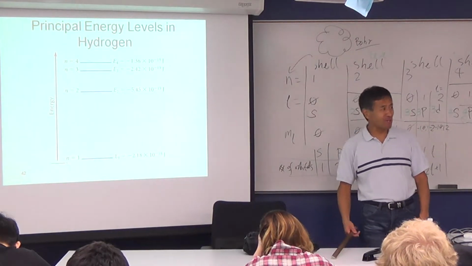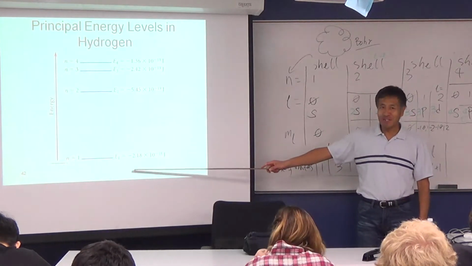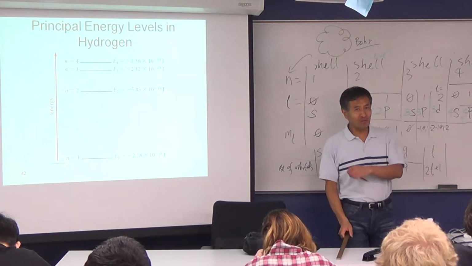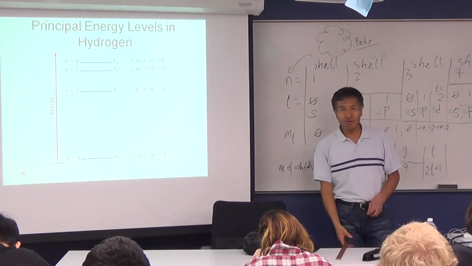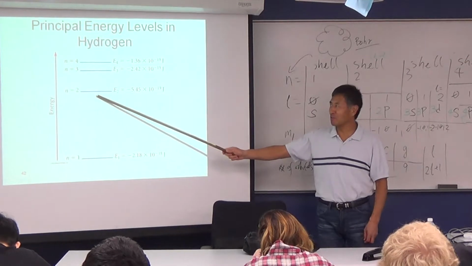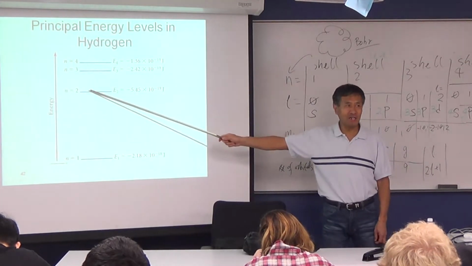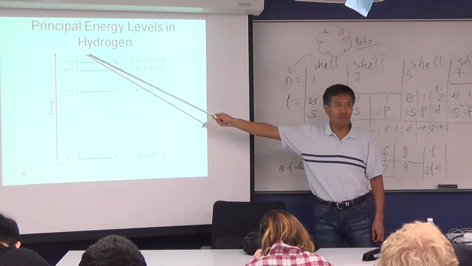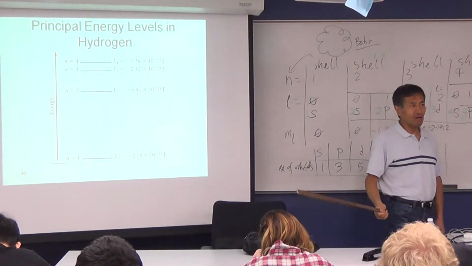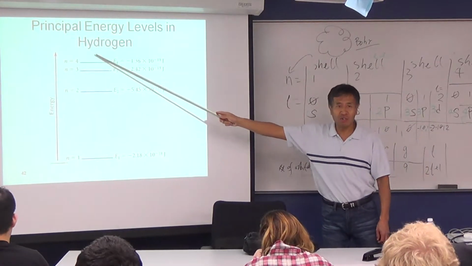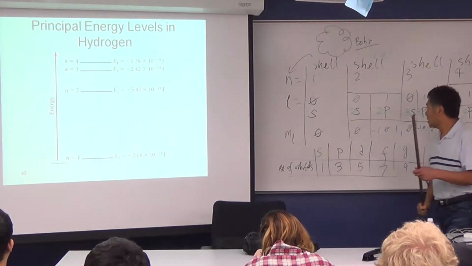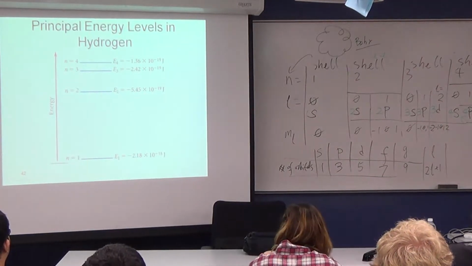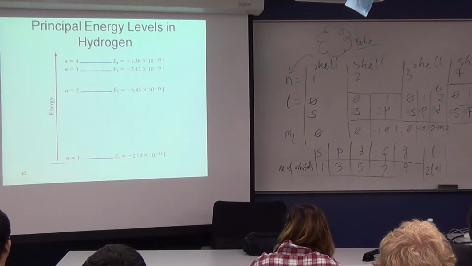Why bother to show you this on the last slide? So this is like the energy level diagram for the hydrogen atom. Again, for the hydrogen atom, you don't have those details. You just have one line here for n is 2, one line here for n is 3, one line here for n is 4. That is under this assumption for H. For H, you don't have to tell the difference between s, p, d, f. They all have the same energy.